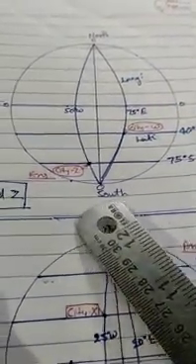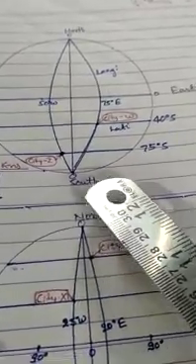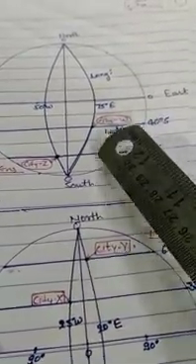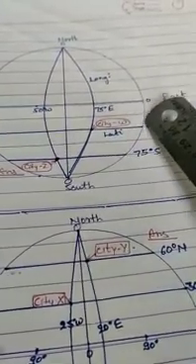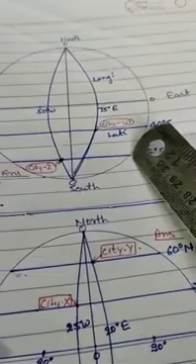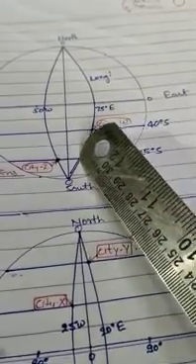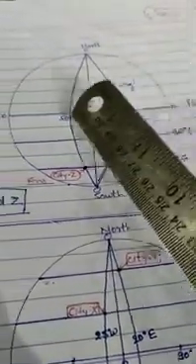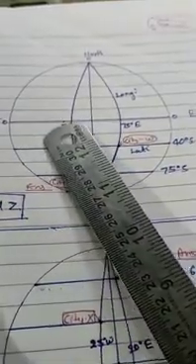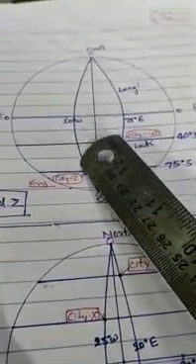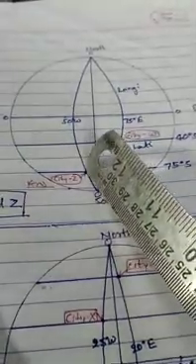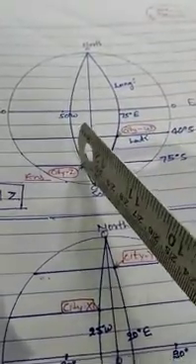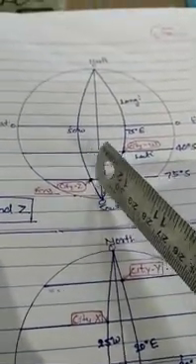Next, city Z, it is given here latitude is 75 degree south. Now let us move from here. Latitude is given 75 degree south. If the 40 degree south is here, that means 75 degree south is here, and this is the portion of 75 degree south. Now let us see about the longitude. Longitude is given 50 degree west. So this is the line of 50 degree west, and if we measure it from here, it is coming here. This line of latitude and this line of longitude are meeting at this point. So this is city Z. That means what? City Z is nearer to the poles.